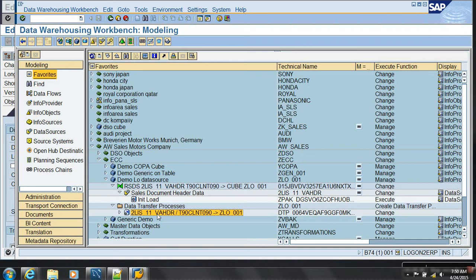Normally for any other extract like CO-PA or something, once you have the flow and you run it, the data is extracted. But LO doesn't bring it in just like that. This is what I want to teach today. Since we have some time, I want to even show you loading. There's no concept, you don't need any concept. You're just doing some fixed steps. But why and what, we'll learn in the next class.